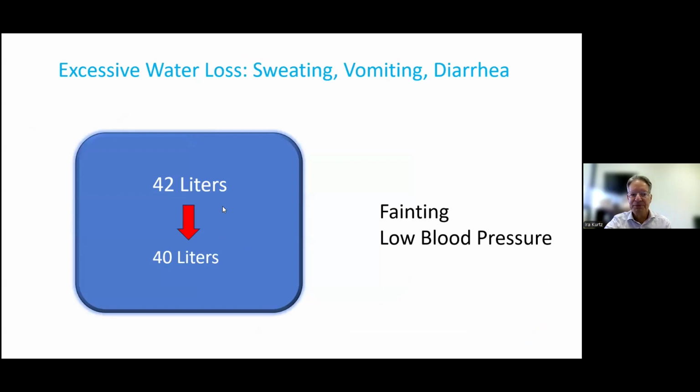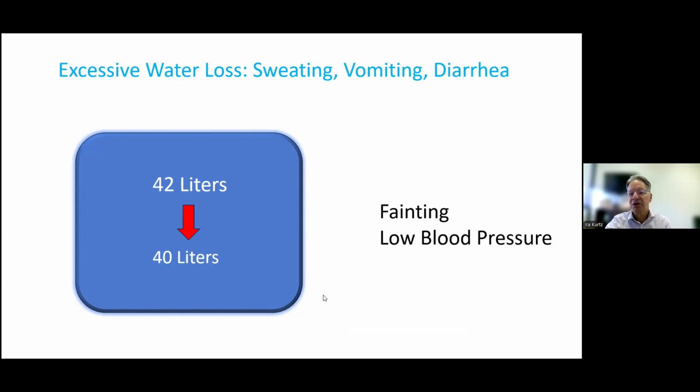Now, you could have the opposite occurring. You could have excessive water loss from the body, such as in people that sweat a lot, say they're running or they're in a very hot climate, or someone who's vomiting or someone who has diarrhea. All these are states of excessive water loss, and the kidney will try to cut back on its output as much as it can, but it can only cut back a certain amount. And if the loss was 4 or 5 or 6 or 7 liters, then you're going to have a loss of water in your body. In this particular example, there was negative 2 liters that day.